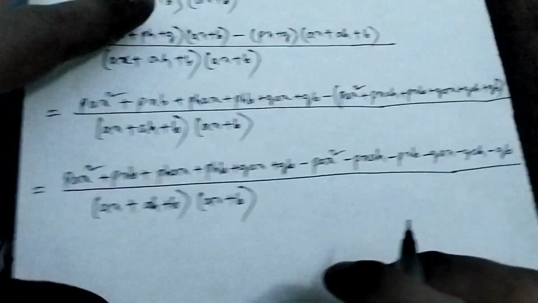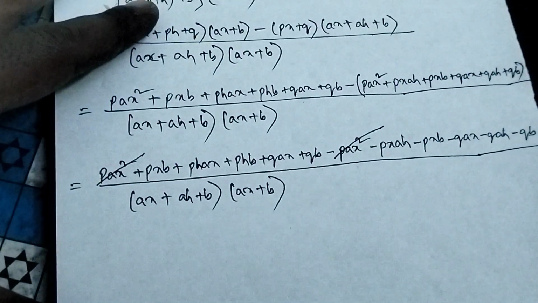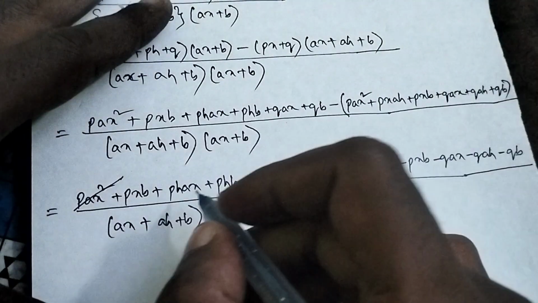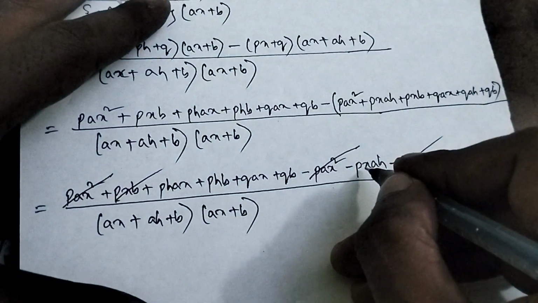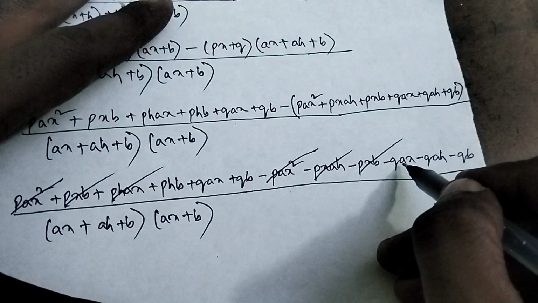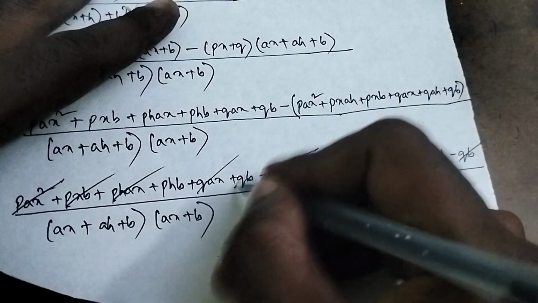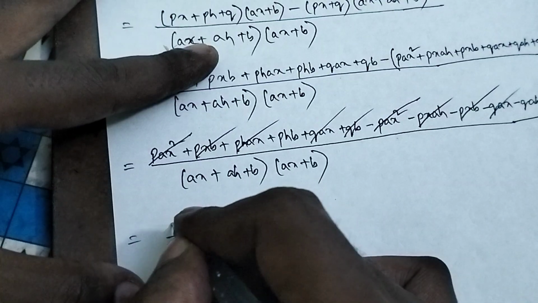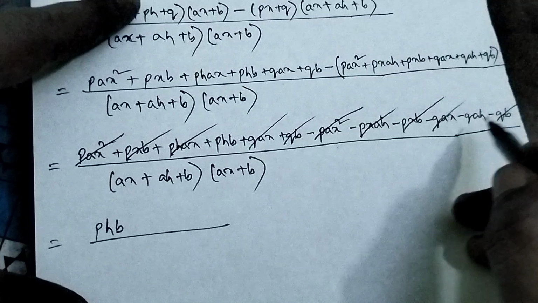Okay, so now minus pax square plus pax square is going to cancel each other. Okay, now minus pxb plus pxb. Okay, minus phax plus phax. Okay, minus qax plus qax. Okay, minus qb plus qb. Okay, so what is remaining? Remaining is phb, then minus qah: phb minus qah